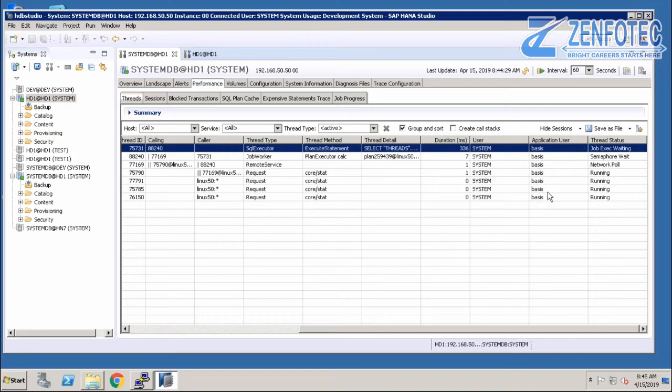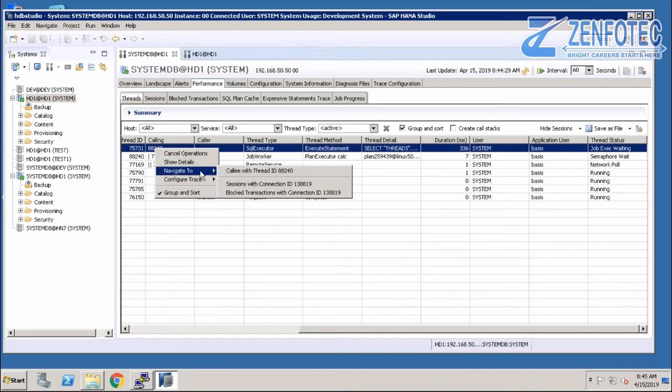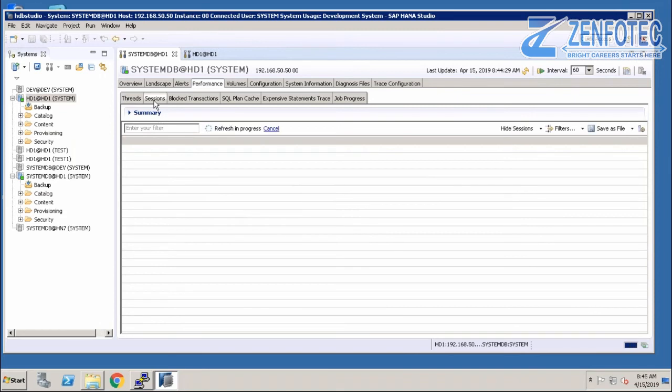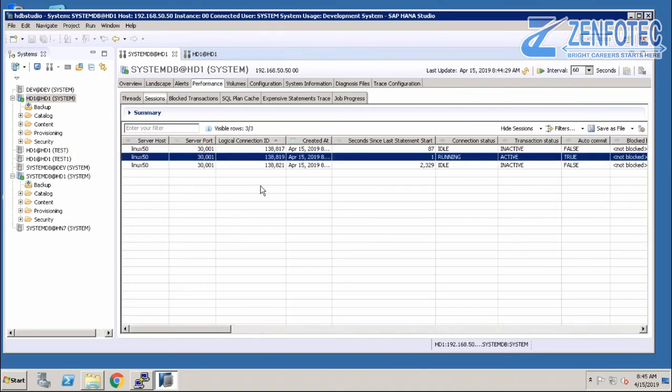You can also go from these threads to the session. Right-click here, and then you can navigate to the session with connection ID, so it will take you to that particular session. Whatever session is running for that thread, it will take you directly to that one.